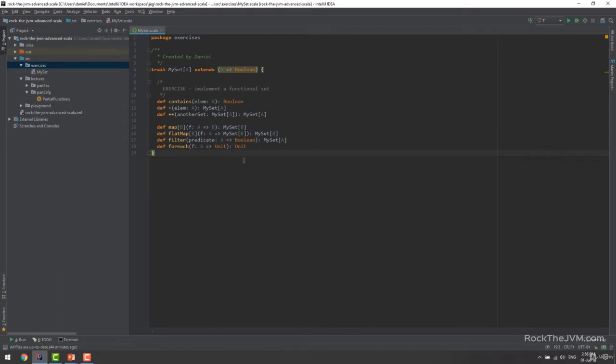All right, so let's see how this works. I'm going to take the cons-based approach. That is, I'm going to implement a singly linked set. For that, I'm going to implement two subclasses of this MySet trait. I'm going to implement a class called EmptySet[A] extends MySet[A], a class, of course, and a class NonEmptySet